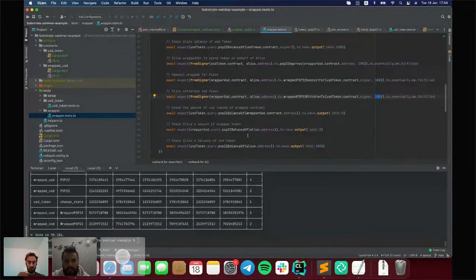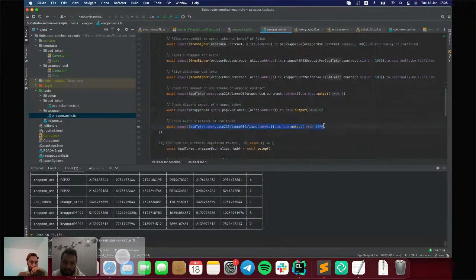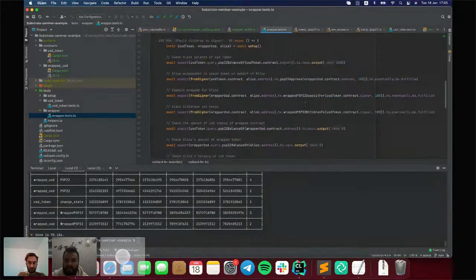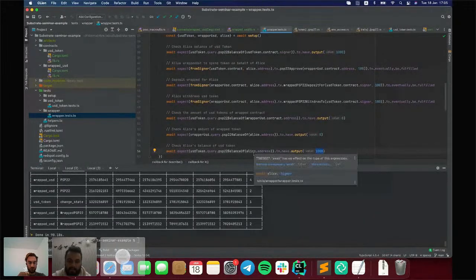Here we are verifying that the balance of the wrapped contract in the USD token is 0. Also that the balance of Alice in the wrapped USD token also is 0. And that the balance of Alice in USD is 1000. So that means that we deposited 100 and withdrew 100 back, and now Alice got her USD tokens back.